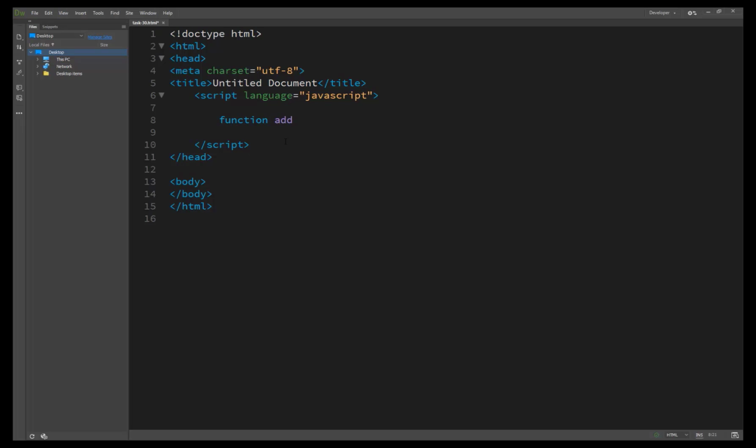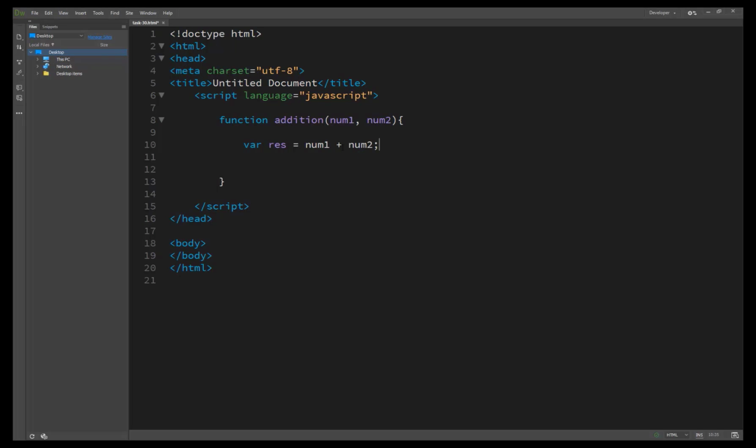We write the addition function, and inside the parentheses we pass number1, and by using a comma, number2. Then we create a variable called res, which is equal to number1 plus number2.